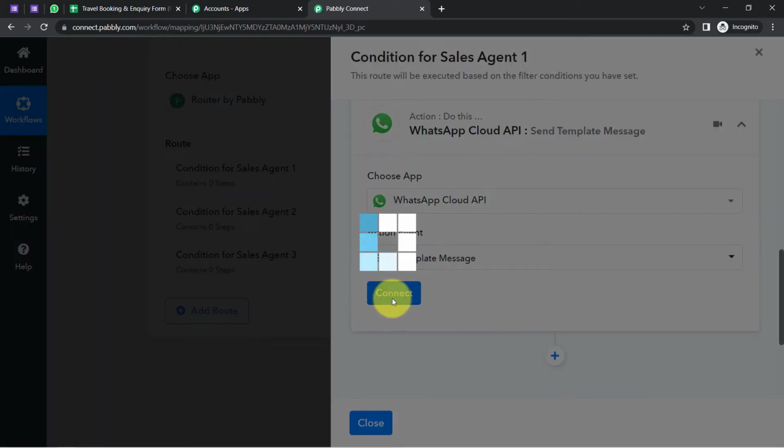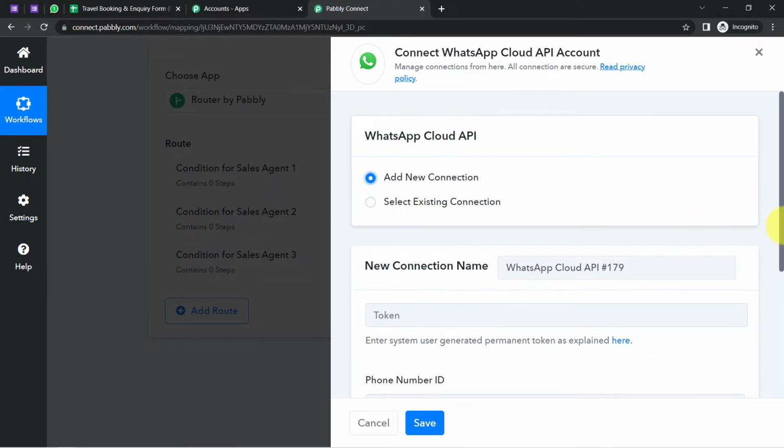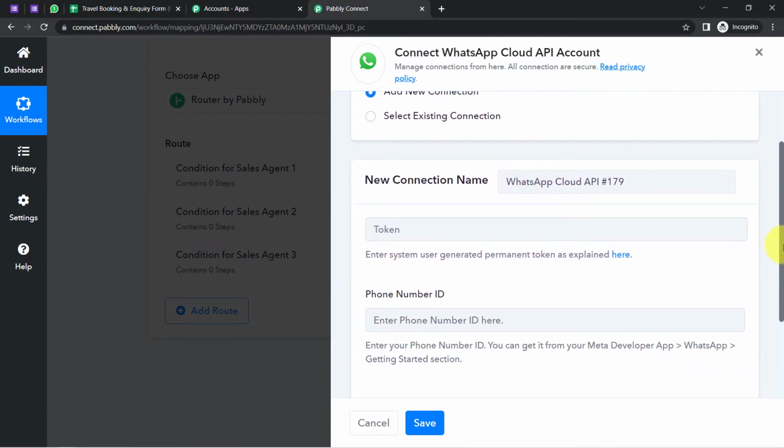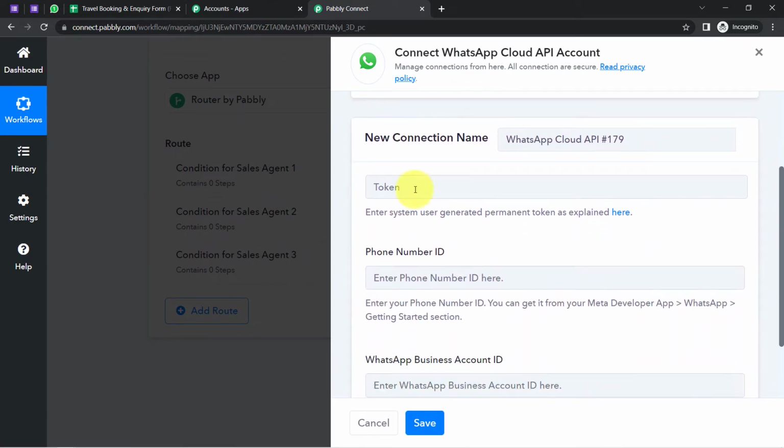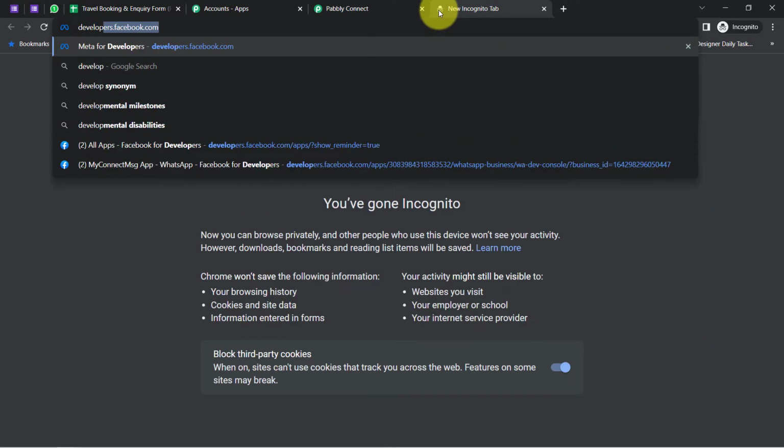Okay, click on connect, click on add new connection. Now it is asking for three details in order to connect: token, phone number ID and WhatsApp business account ID. So let's first open the account of WhatsApp Cloud API. Basically you will have to type